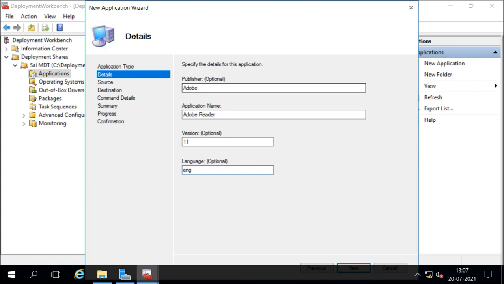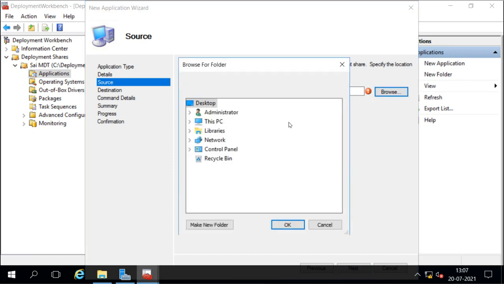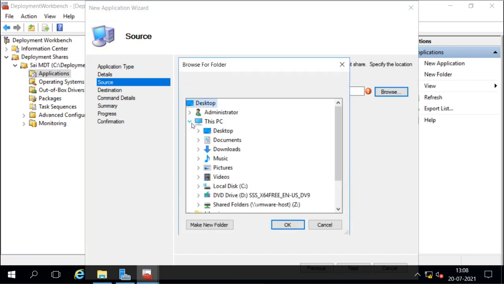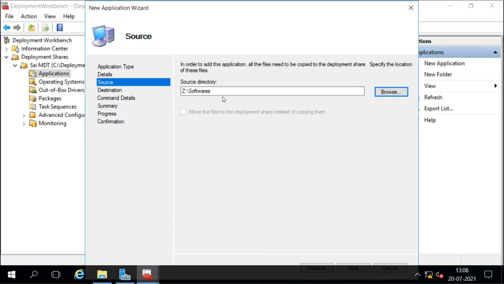Okay, then I go to next. Then I have to select the source directory where I have that application file. From there it is going to include that file into our deployment share. So this is the folder which contains that application. I mention the folder there, and it is going to import that application from there.